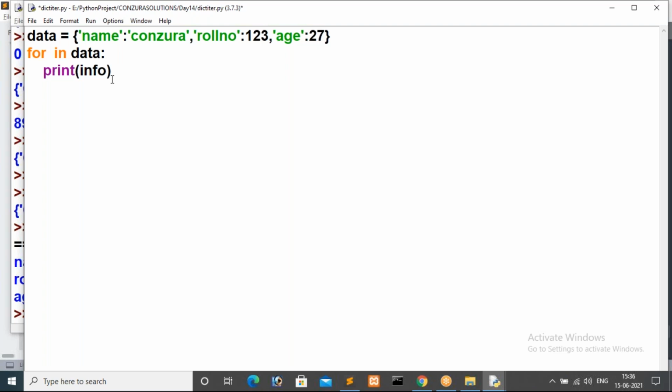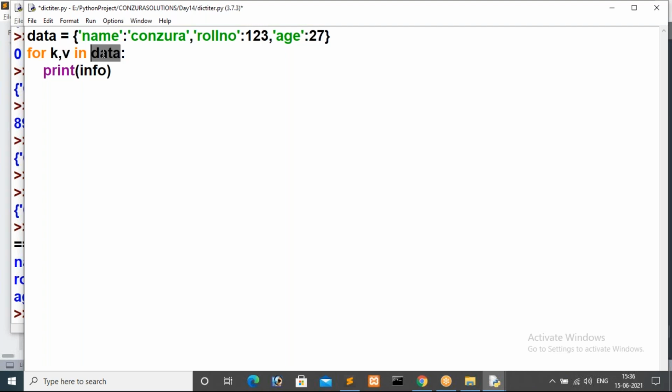For your clarity, I am giving k comma v. Iterating data with a single variable returns only keys. Now I am specifying k comma v. These are the two variables, guys. While implementing dictionary iteration, you can specify two variables here: one is k, another one is v, in data.